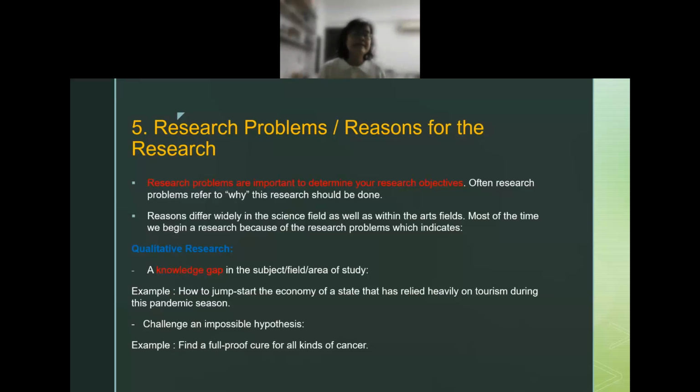Similarly, for cancer, I think Australia is the only one that has claimed to come up with a cure for cancer. But we still see that there are some who go through the whole process but still die at the end. Okay, so there's no foolproof cure for cancer, so there's a big gap. This is a knowledge gap. So we fill it in with different theses, different aspects on how to cure. I believe China also has different kinds of ways to cure cancer, and all this fills in the knowledge gap. Okay, it's not a foolproof one, but it's a knowledge gap, so we fill it in.